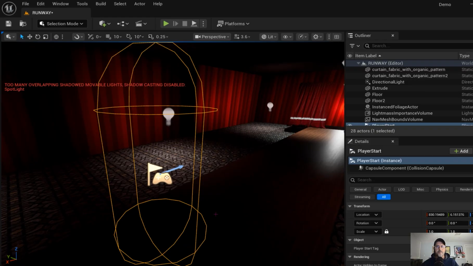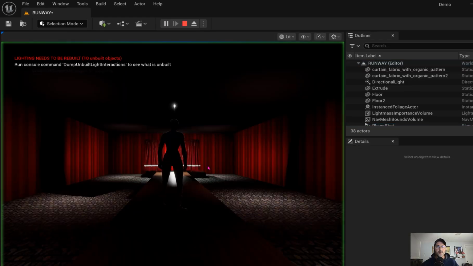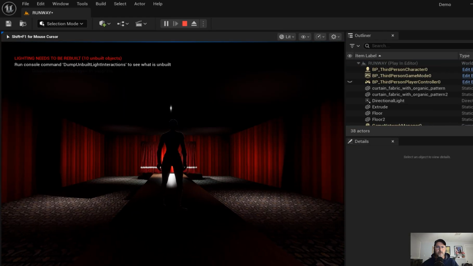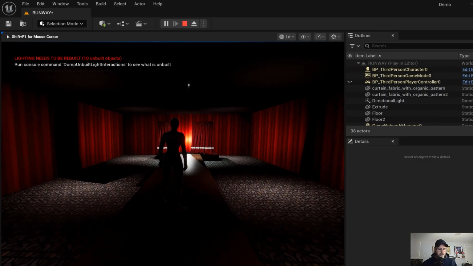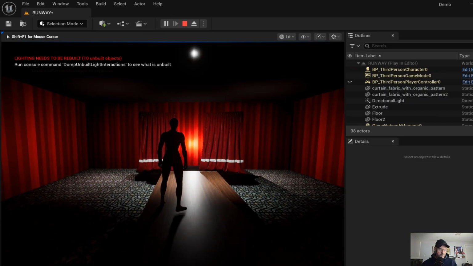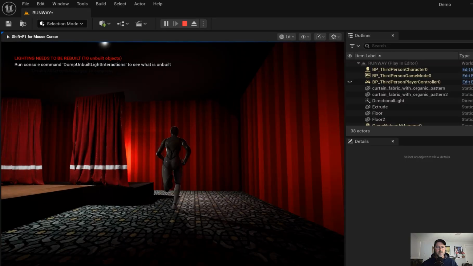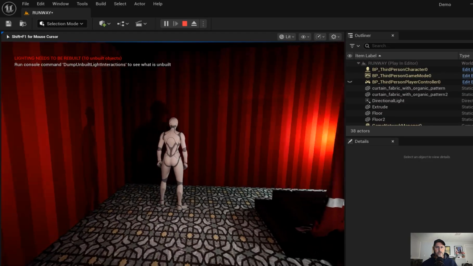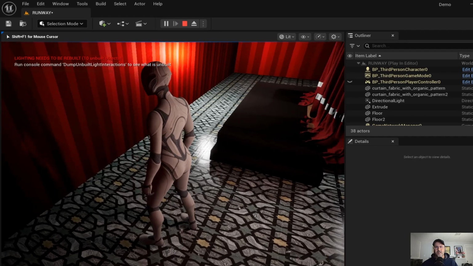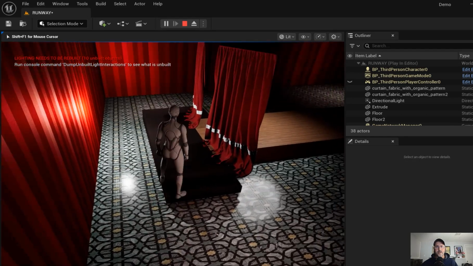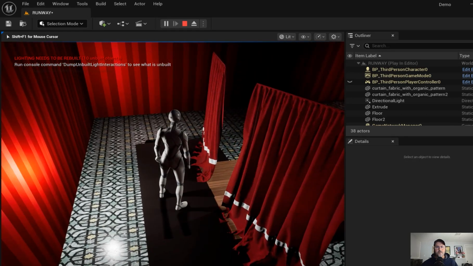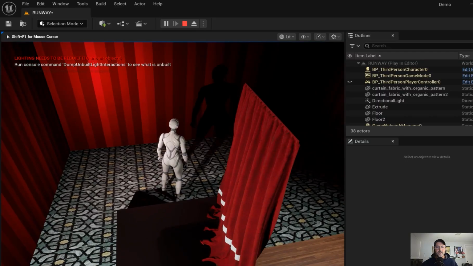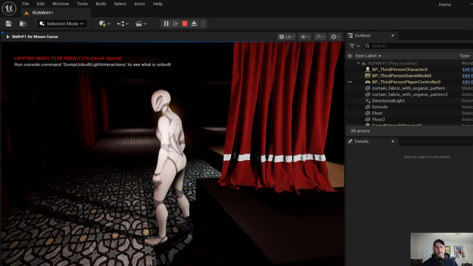And then we can jump in, just hit play, and we'll have a character in here. Again, I'm just going to orbit for a second, and then I can hit W, and I can move about the space. Now I put a light behind the stage just to show you what's going on here. The character does run quite a bit, so it's kind of hard to control right at the beginning. But you can see they're just standing right there on that platform that we made,